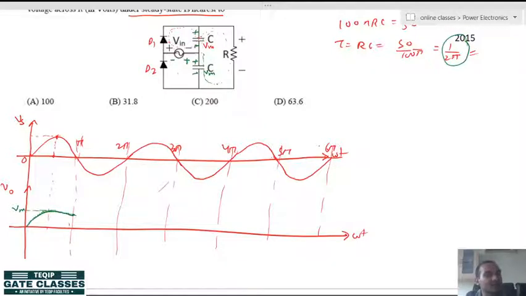Now, when this diode gets off, this capacitor will discharge like this. Alright, now this capacitor C2 will start discharging like this. So, what will happen? Now, this capacitor is also holding some voltage and its voltage will also be added. So, what will be the net output voltage here? The net output voltage will be the sum of the capacitor voltages. It will be like here, first it will go like this up to pi by 2 and then it will discharge, okay, like this,